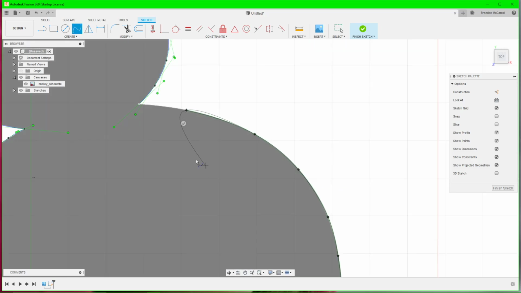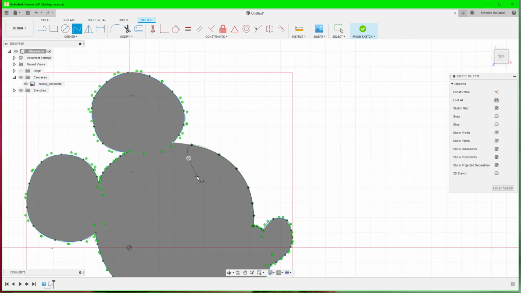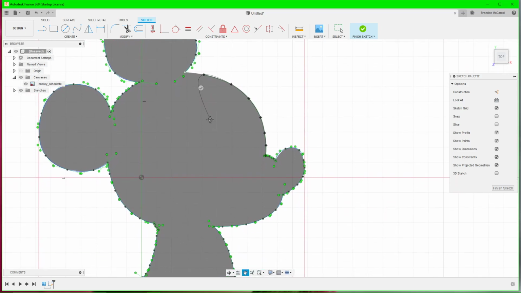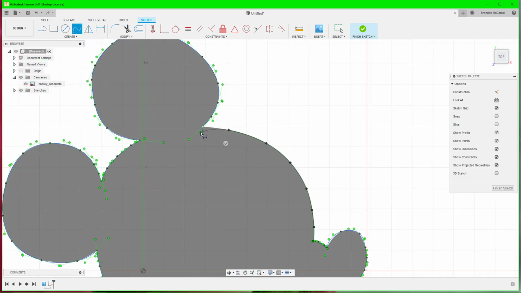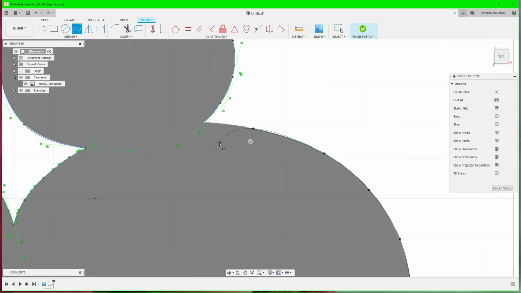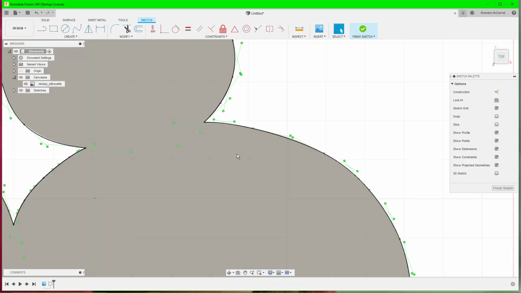Okay. Now, as you can see, I went ahead and traced all the way around Mickey here, and I'm all the way back to my last point, or my first point rather. So once I hit this first point and slide over and click OK, you can see